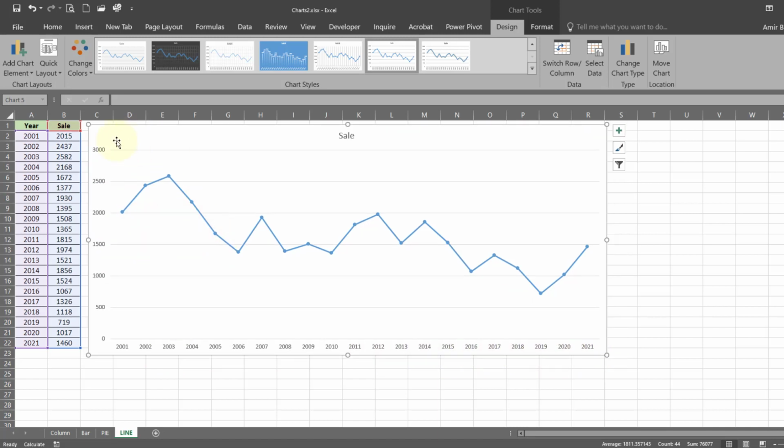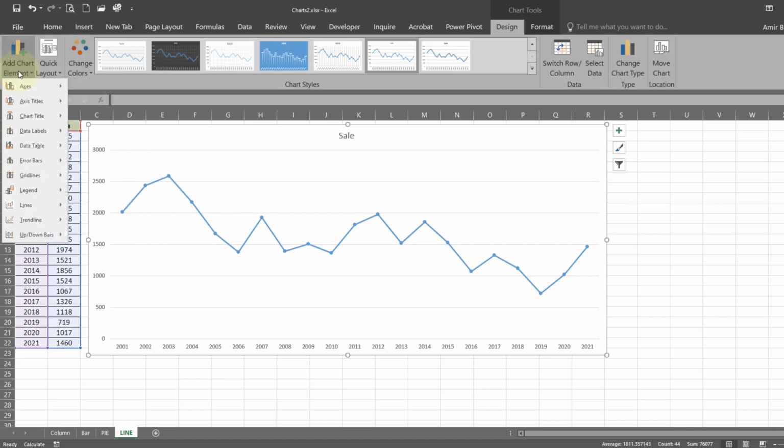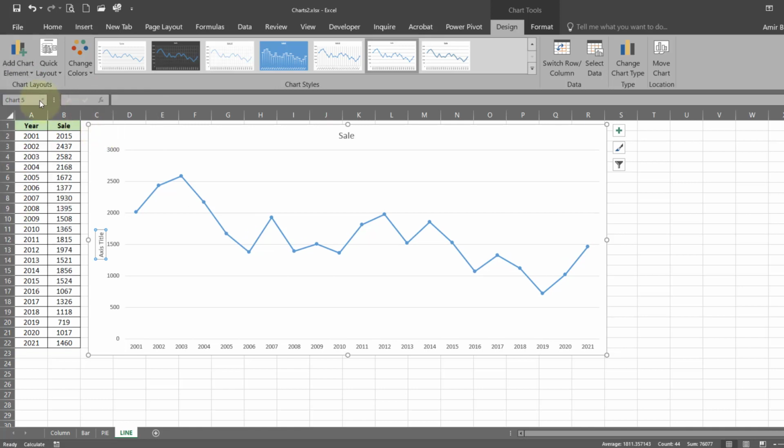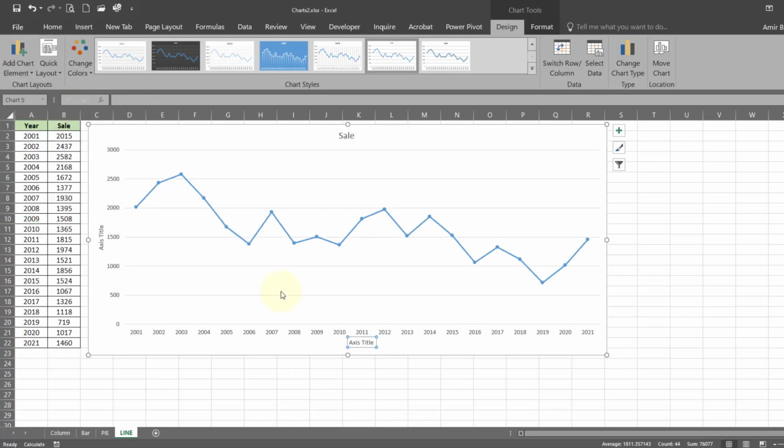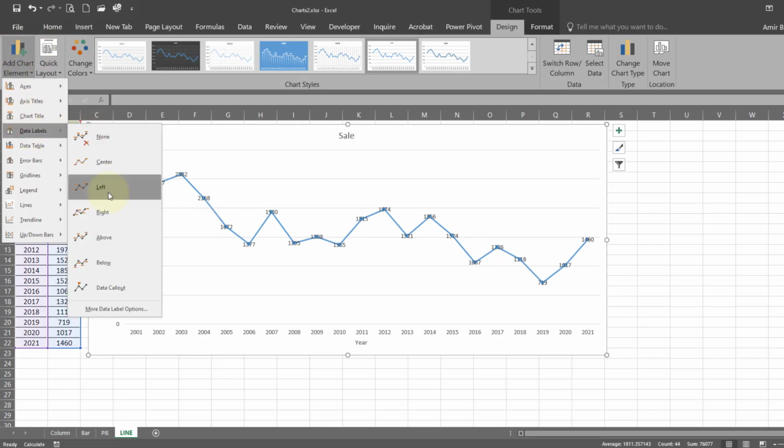Now we will try to format our chart. We have the axis title here. This one can be year, while this one can be sale. We can have the data labels also.